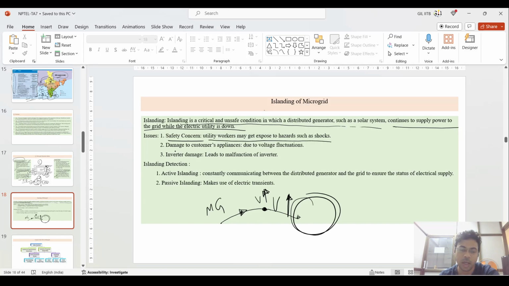So the issue is such that this is a safety concern, that a utility worker may get exposed to hazards or shocks, and the damage to the customer appliances is also one kind of situation. Suppose you have a connected load also, and there is a certain specified